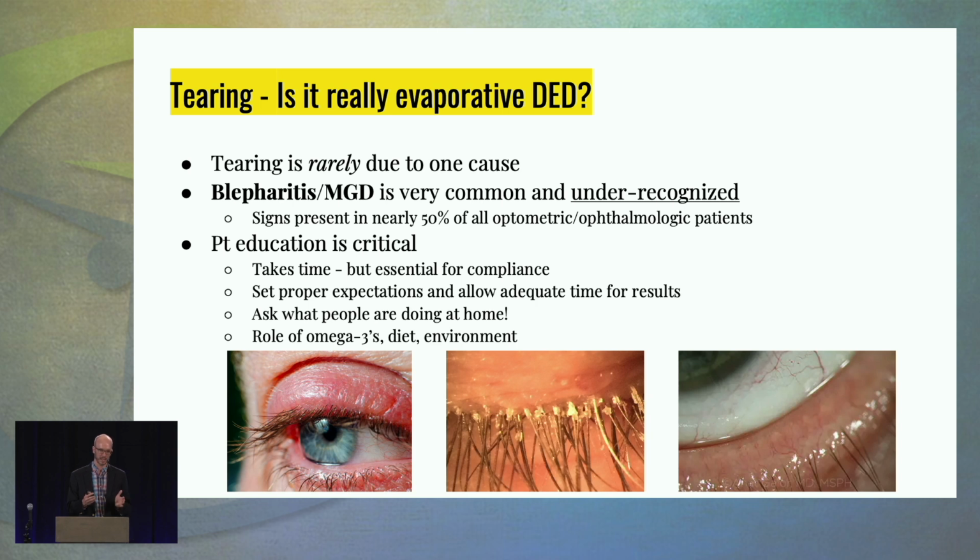I have a little sheet that I give them that tells them the exact order that I like to do things in, and why. I think if they understand why you're telling them a warm compress is going to help this condition that they can't really see, they can just feel it, that helps. And if you've got the capability of taking a picture of their lid margin and actually showing them that you can see all the little ridges of their meibomian glands and all the telangiectasia, I don't do that personally, but I know Brad does some of that kind of stuff, and it really helps drive home the fact that there's an actual problem here that needs to be treated. So don't forget about that, and also don't forget about the environmental stuff and omega-3s and diet. That's really important with this too.